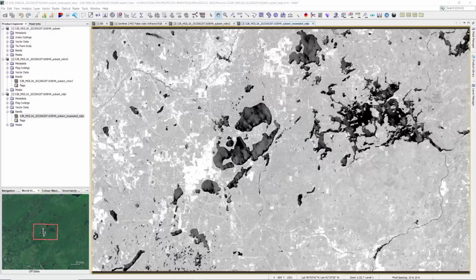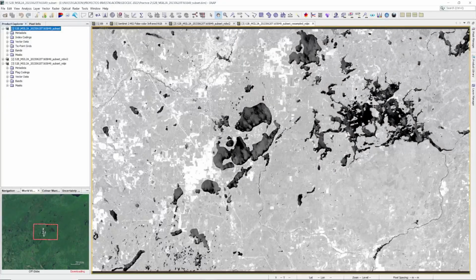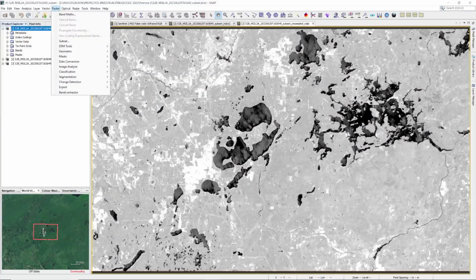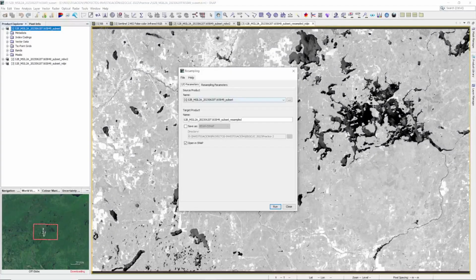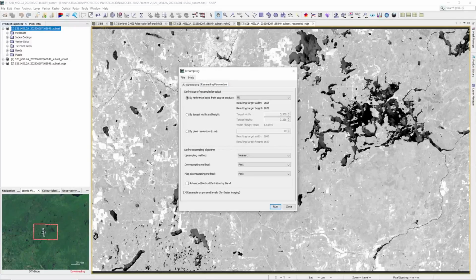because 5 bands will appear in the calculation equation, each of them with different resolutions. So we have to resample the original image. To do this, in the raster menu, go to the option Geometric Resampling. In the Resampling Parameters tab, we are going to indicate that we want band 2 as reference band, the blue band,